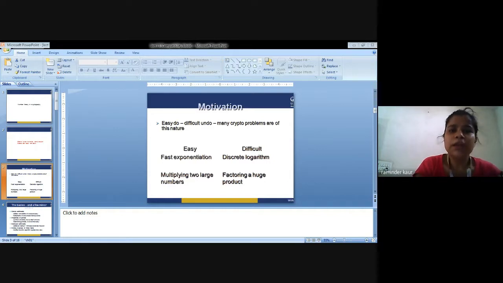So in this way, why do we use the discrete logarithm? They are quickly computable in a few special cases, because no efficient method is known for computing them in general. There are various algorithms in public key cryptography that base their security on the assumption that the discrete logarithm problem over carefully chosen groups has no efficient solution.